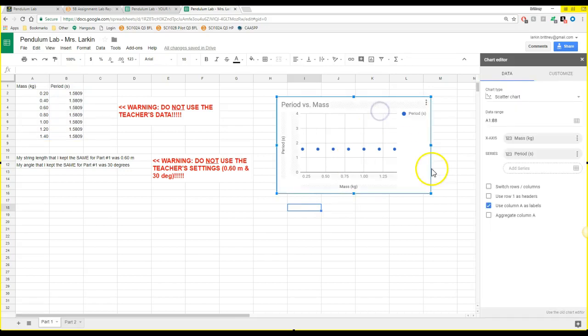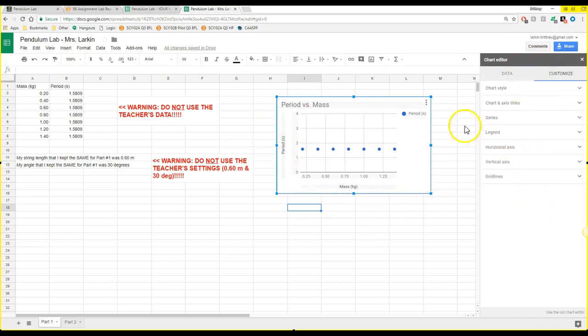Again, you'll be able to go back to the recording and see exactly what I put here, but the titles here should look exactly the same. You get points for making sure that these are the correct titles. All right, so from here, what we need to do is I need to see a little bit more of the right side of this graph. So my horizontal axis here is too short.